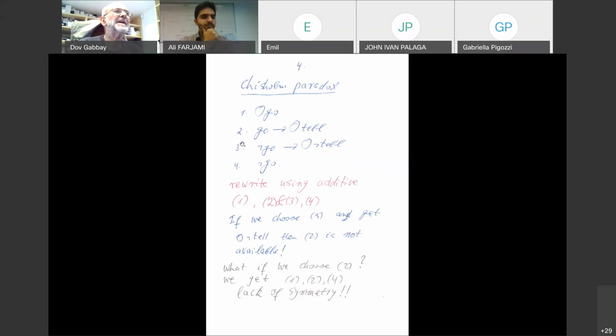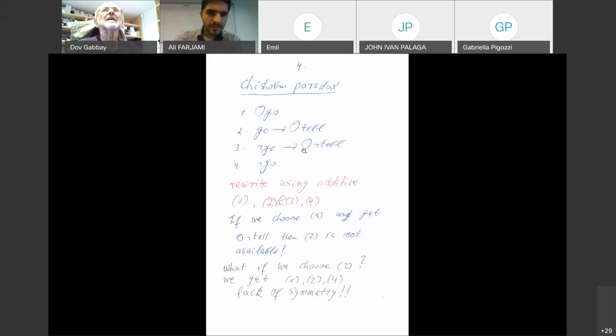First, I am rewriting 2 and 3 as an additive, right? This means that you use only one of them. If you use one, you can't use the other. So how does the paradox go? I mean, you have not go, you got hotel. From 1 and 2, you get O not tell. From 1 and 2, you get hotel. And then you got a difficulty. I mean, you can play on this different ways. All right? But if these two are additives, if you get,